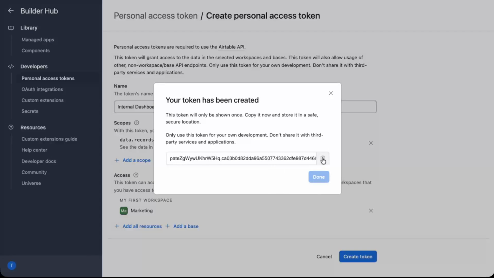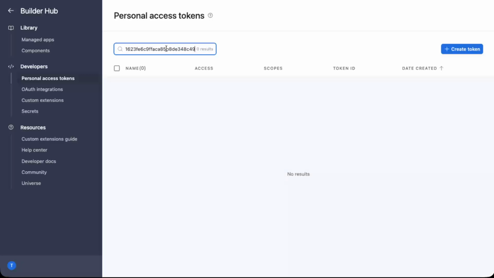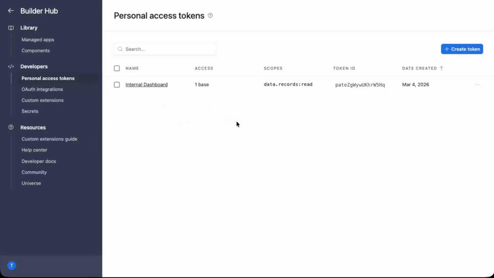Airtable will generate your new personal access token. You'll now see the token on the screen. To use it, click on the copy icon next to it to copy your API token to your clipboard. Immediately paste it into a secure place, like your integration settings or a secrets manager, because you may not be able to view it in full again later. Also, never share this token publicly, since it grants access